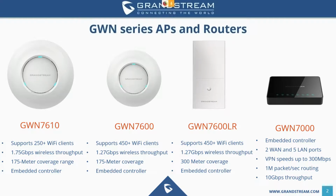Obviously, small to medium-sized businesses have always been our sweet spot. But the great thing about these GWN networking solutions is that at the moment, and they will get even better at this, we offer models that are ideal for almost every different networking solution you are going to need to deploy. Currently you see 4 different models, 3 access points and 1 router. Within the next couple of months, you will see an additional router that we are going to come out with,